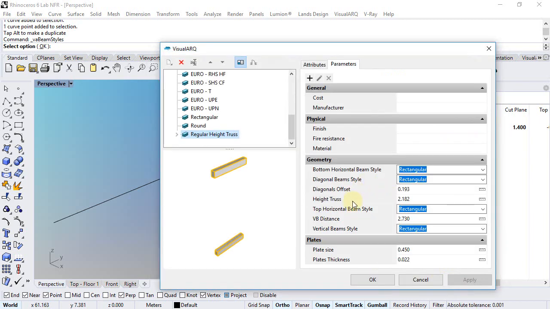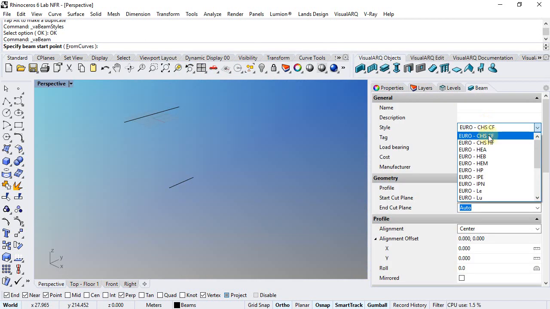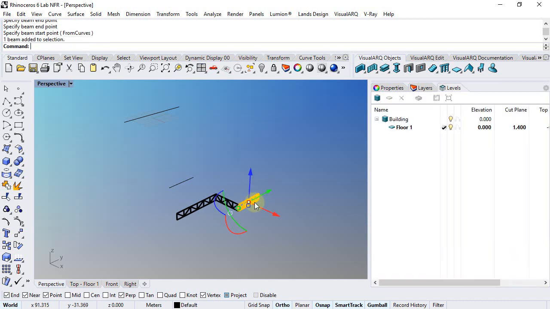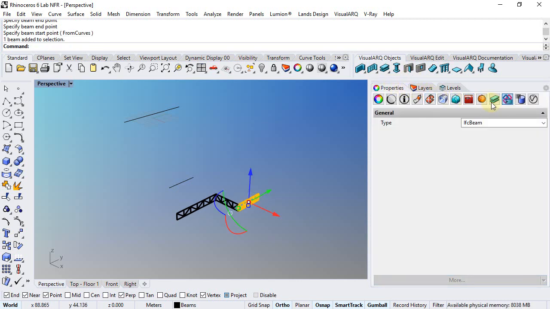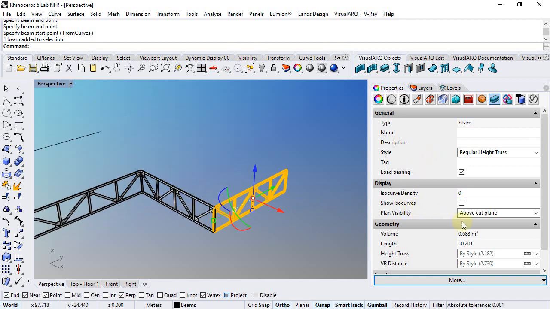When I click Finish, I have here the new beam with the rest of beam styles. So I can now create a beam, select this style, and draw it in the model, and have different ones, and later on select each one and change one of its parameters that I left editable by object.